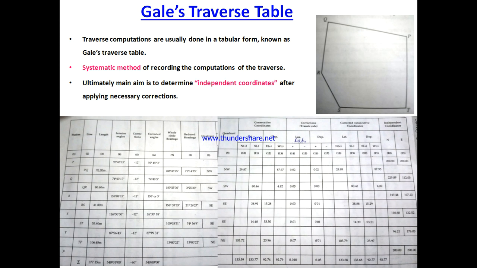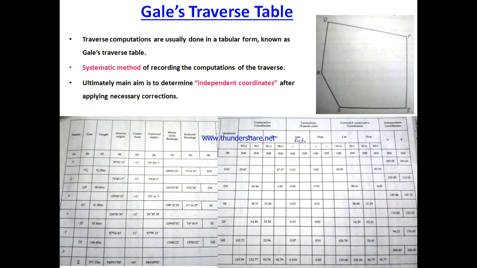Then we need to calculate the algebraic sum of latitude, which will be with respect to sign. So here the sign is positive, here the sign is negative, and the algebraic sum will be delta L, which will be equal to minus 0.18. So in the transit rule, we need to calculate both the algebraic sum as well as the arithmetic sum. So what will the formula be?